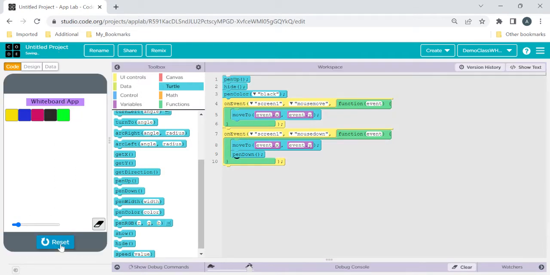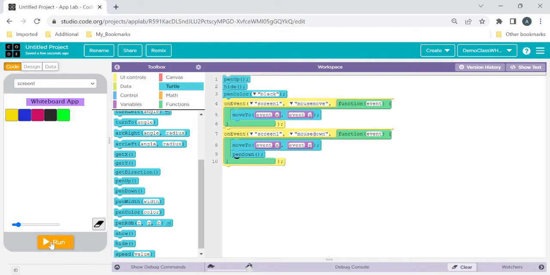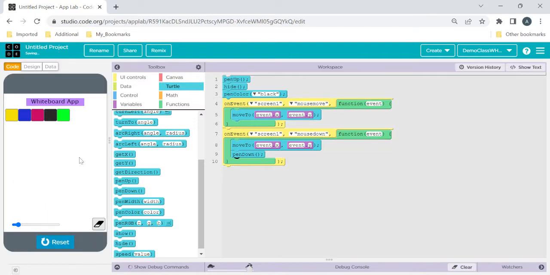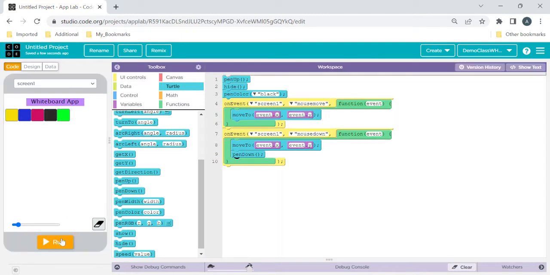So whenever we run it and suppose we are drawing something, can you see it is drawing now? Whenever I'm moving the mouse, this is happening, mouse move. As soon as I double click and draw something, because I have a touchpad, if you have a mouse you just have to single click, it is working like this. But even if I'm moving the cursor, it is still drawing, so it is still not working correctly. So what we have to do, we have to take one more on event,